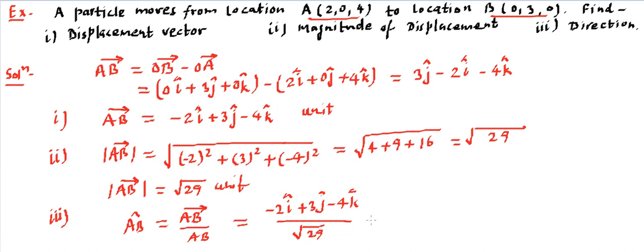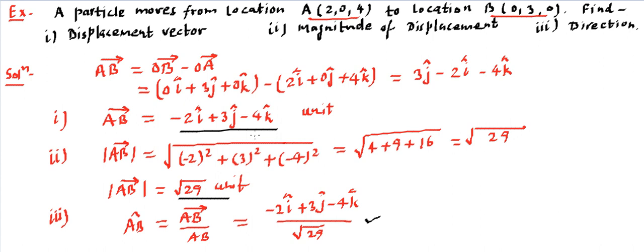Now this is a direction, so we should not write any unit over here, or you can think of this unit and this unit getting cancelled out, because direction does not carry any unit. So we should not write any unit over here, and that becomes your answer. So this becomes the answer for direction without unit. This is the answer for magnitude. You see the magnitude is positive, and from the expression you can watch that the magnitude is always going to be positive, because of the square root and the things inside are going to be squared. That means they are going to be positive, or we can say non-negative. So this is always positive, so this becomes your magnitude. And this is how we can write the vector.